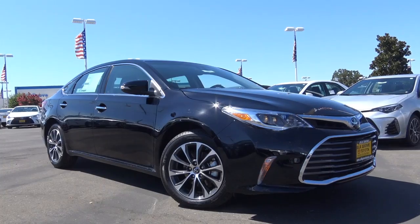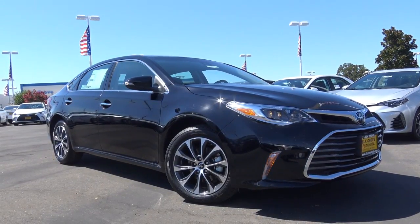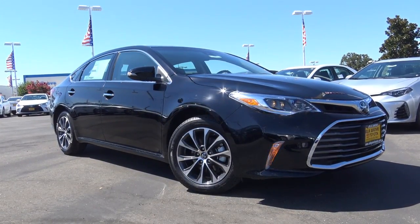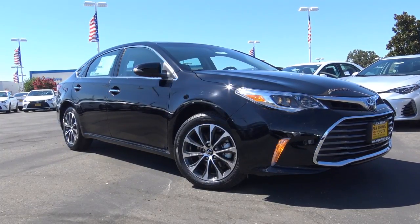Pricing of the Avalon starts at the base XLE trim, which starts at $33,500. Then you can move on to the XLE Plus, which is what we have here. You're looking at $35,250. XLE Premium, $36,700. Touring, $37,900. And the top of the line Limited,